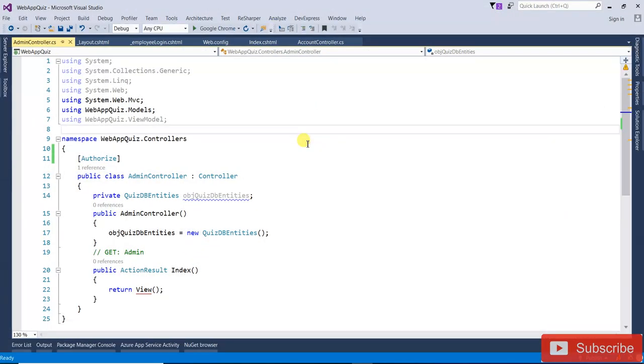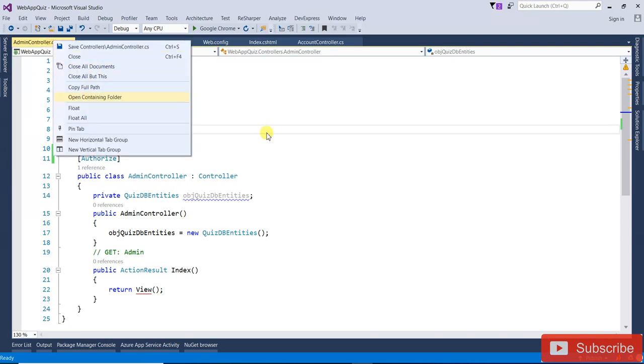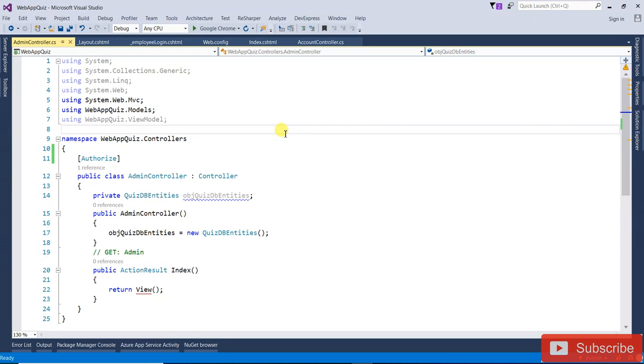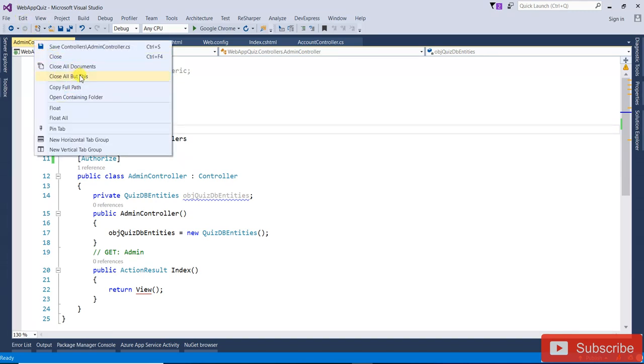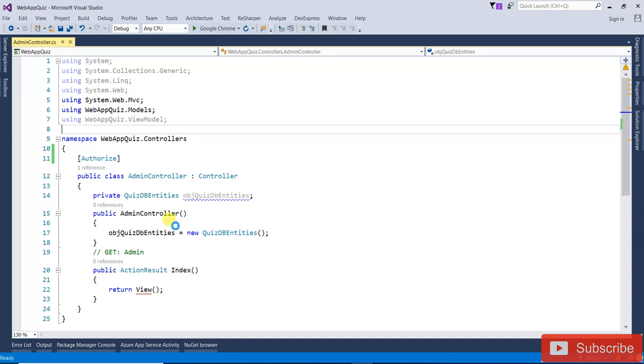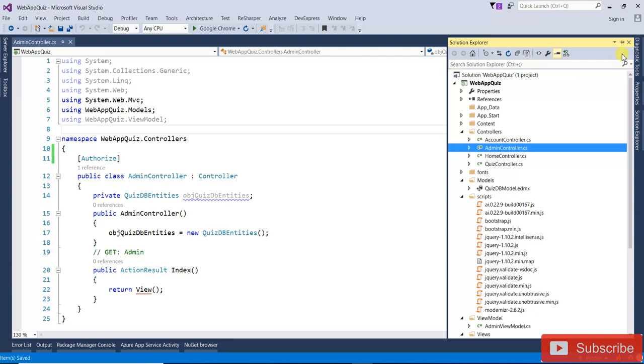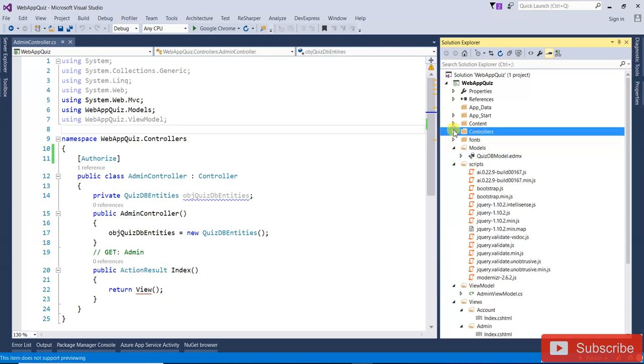Now I'm going to work with the employee adding questions and options with the answer. So just close all those except this one. Okay, here I'm going to start. First of all, open the Solution Explorer, and here we need to add,